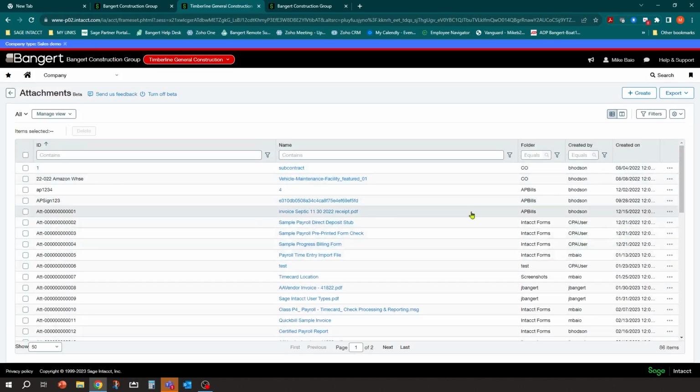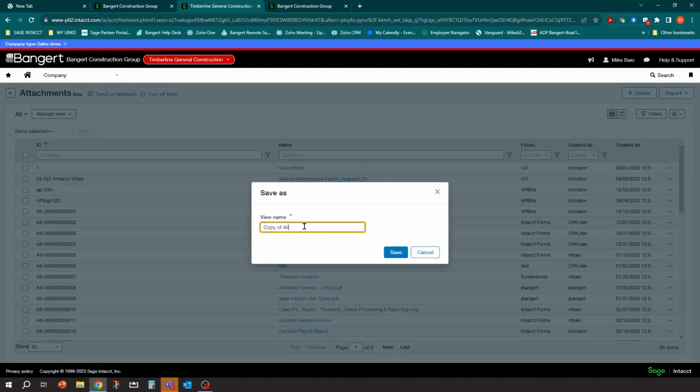So what I like to do is make individual views based on the folder, and maybe even have different columns based on that view. So for example, let's create a new view. I'm just going to save it as, and I'm going to call this company forms.